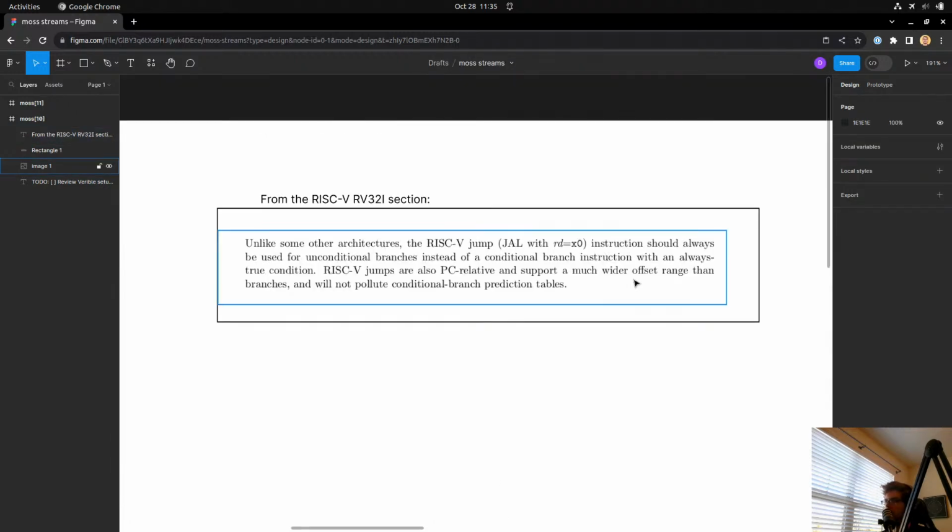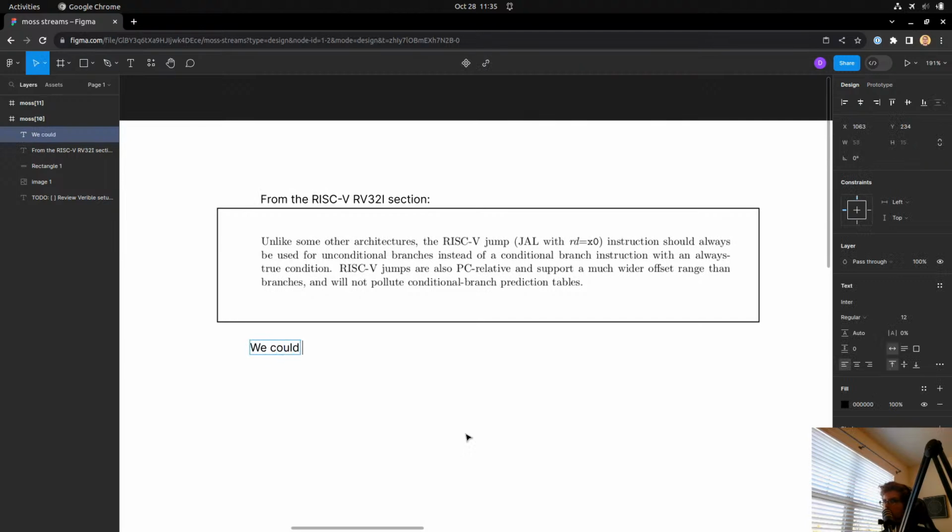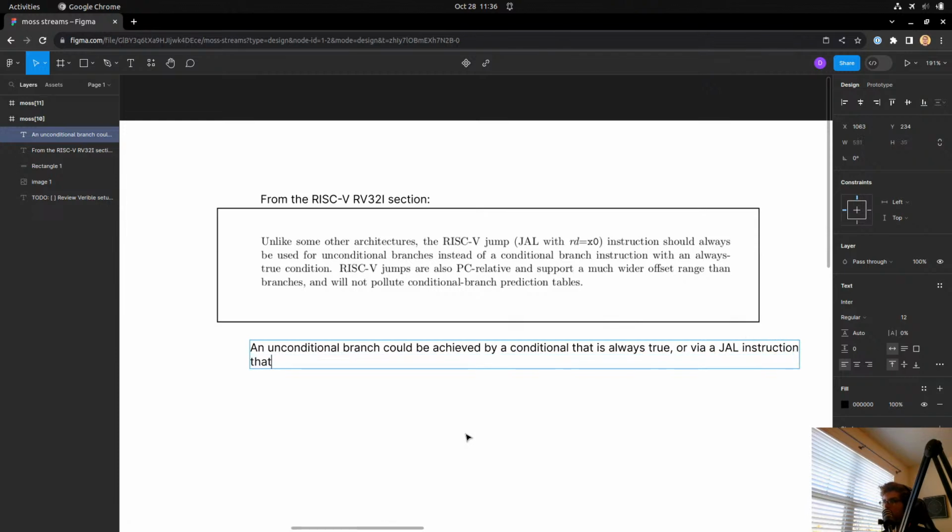So what we're saying here is, an unconditional branch could be achieved by a conditional that is always true, or via a jump and link instruction that does not store PC plus 4, let's say, and it's giving us some reasons why we should use the jump and link instruction instead.